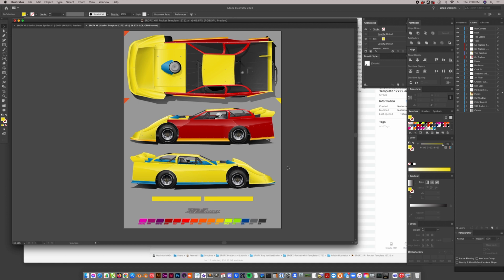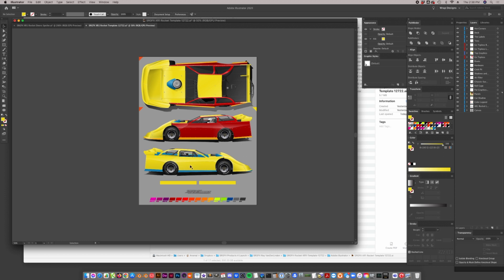I'm going to show you how to link the files so that when you update the wrap design, it automatically updates within the template without having to pick through the template. I'm going to show you how to put the motion tires on, and so we're going to go through that now. All right, so the first thing I'm going to do is set the car up for